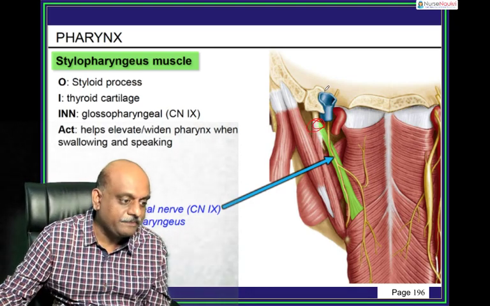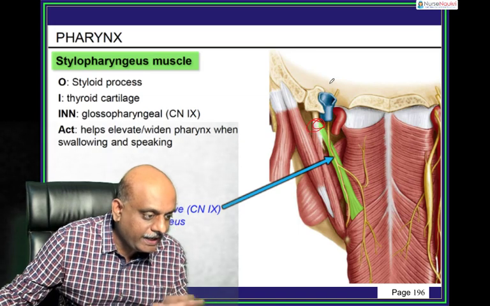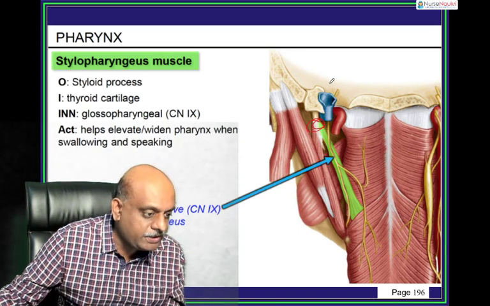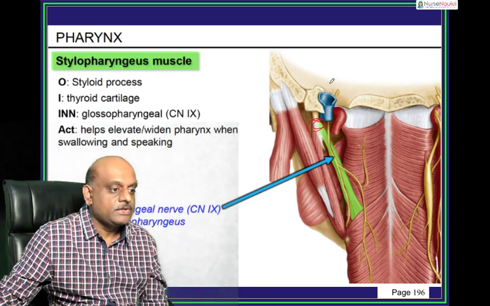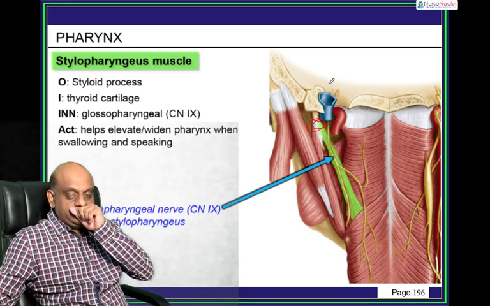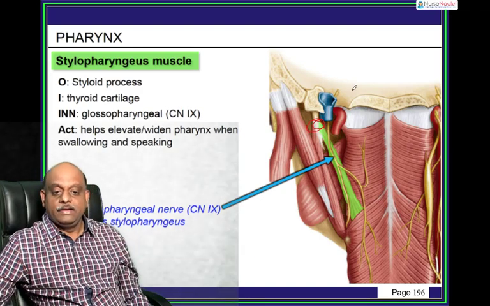Styloid process. Very good. Good to see Arshad Musa, Tapash Paul, Ranjit, and Satya, many more who are all online. So,